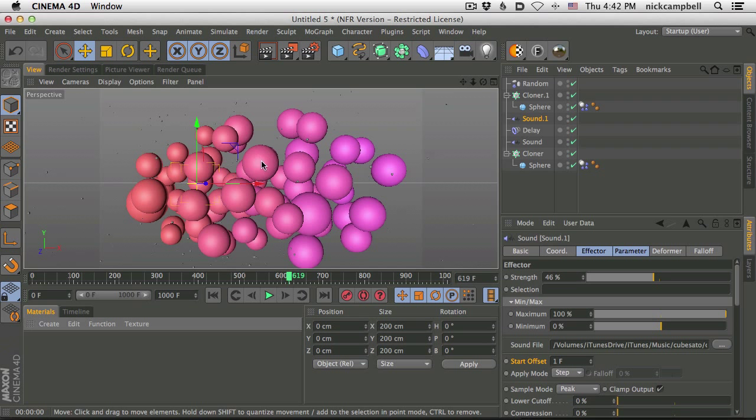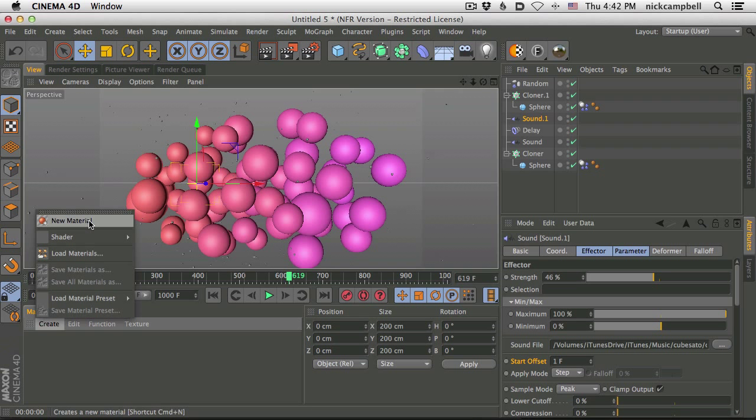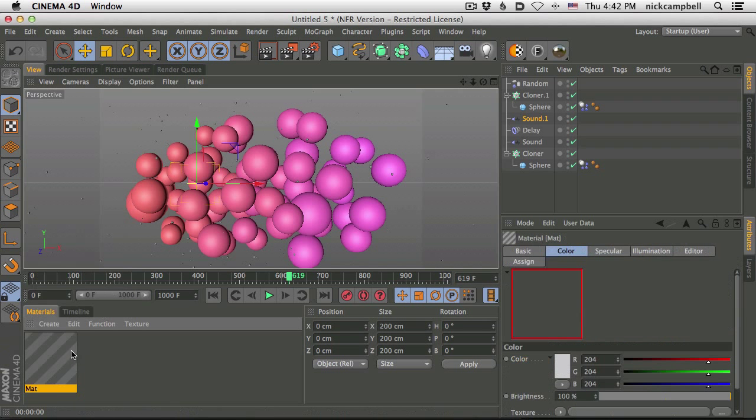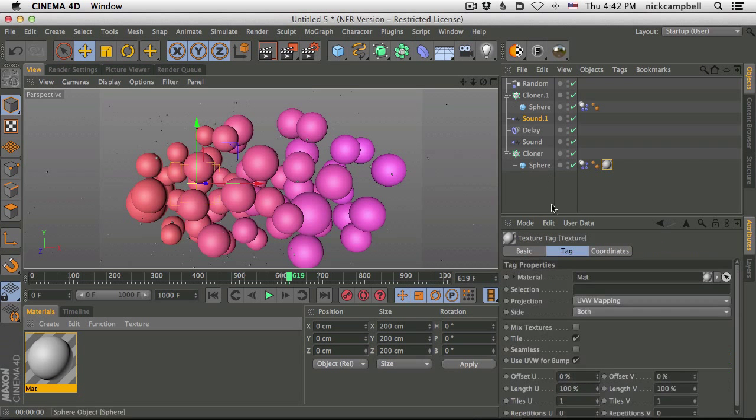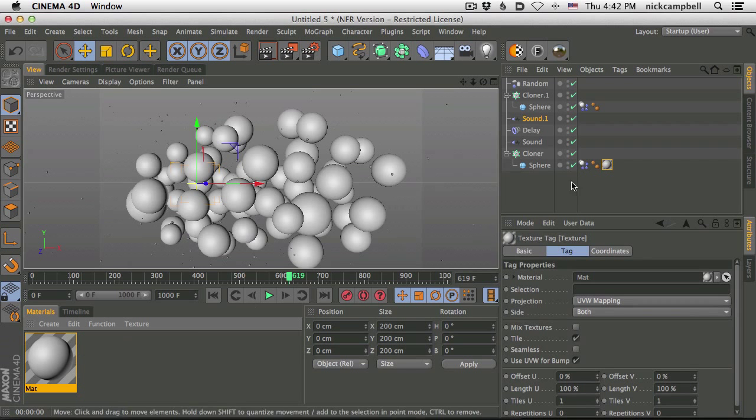If you want to make these spheres glossy, let me show you the way I always try to do it, and I mess it up. You add a new material, and you drag it to your cloner, and you say, well, crap, now what? These clones were the color I wanted them. I'm just trying to add maybe some transparency or some luminance, or in this case, reflection. Why can't I just blend this together?